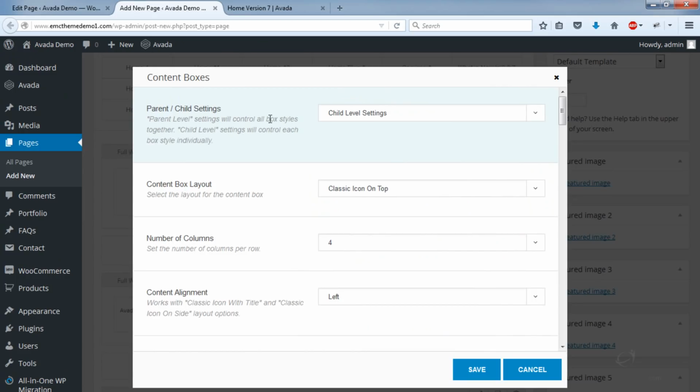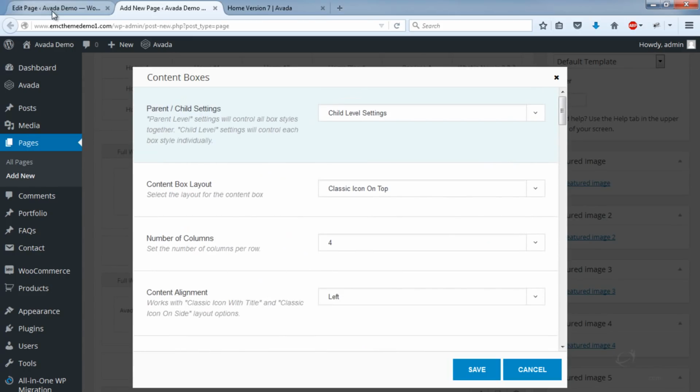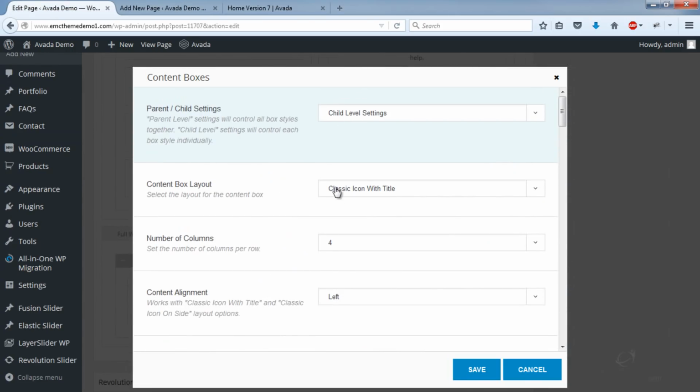Okay, parent level settings will control all box styles together. Child level settings will control each box style individually. So you can either choose settings for all the boxes or choose to adjust them separately.